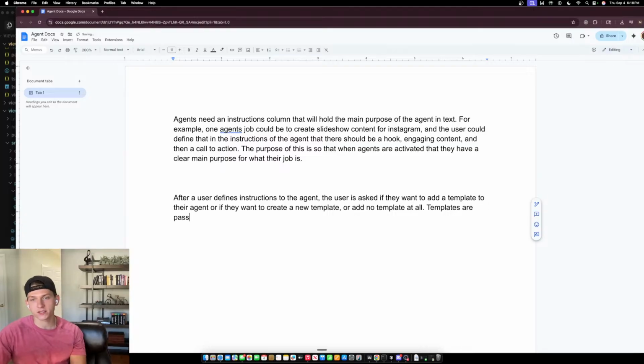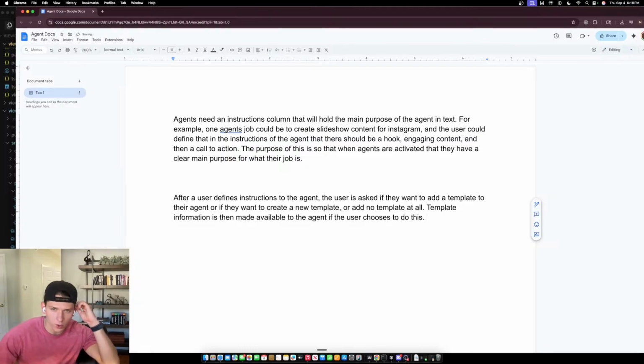Templates are passed into templates, and it is then made available to the agent if the user chooses to do this. So there's going to be a foreign key that's nullable to a template, and that means you'll be able to have, let's say, instructions, and then you have the second,